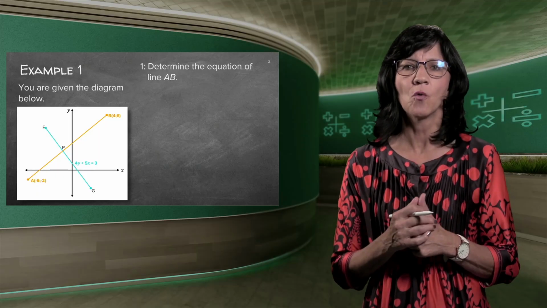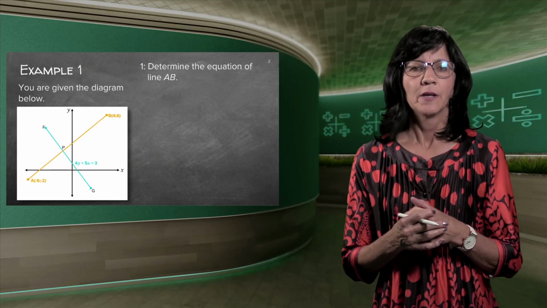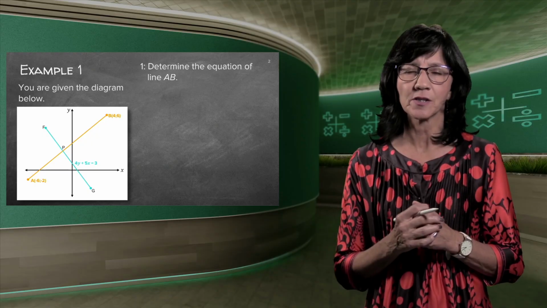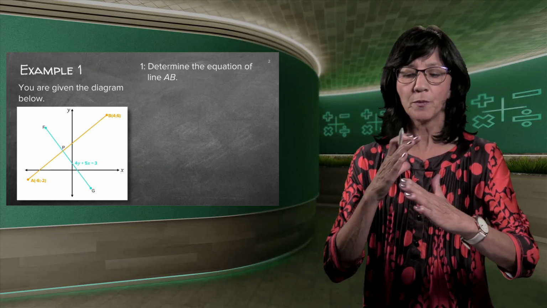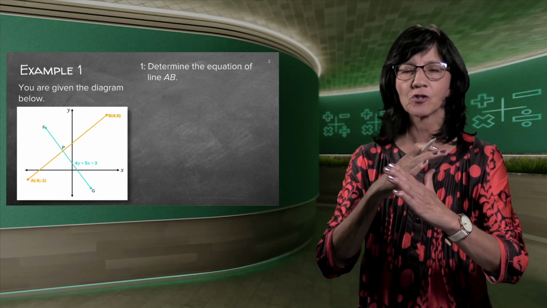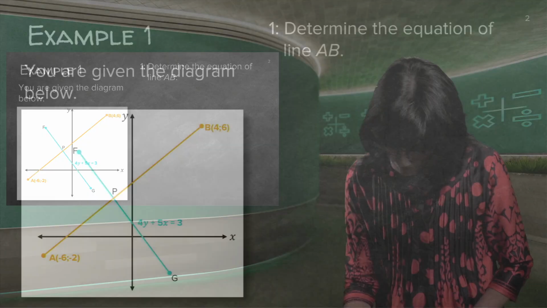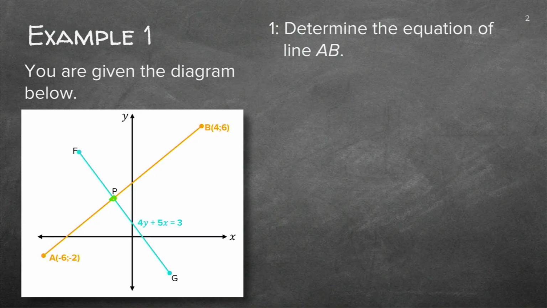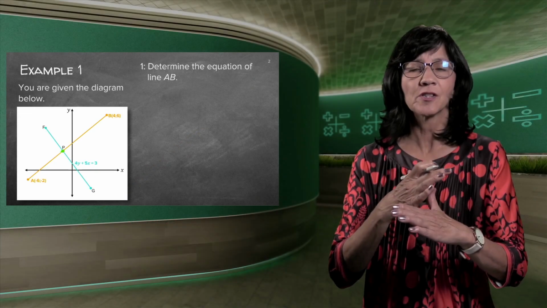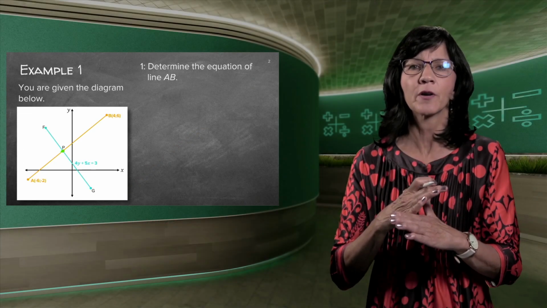Good, and the best way as always is to do an example. Now, this example one has got a lot of subsections. Just before we start, you agree with me there where two lines cross or intersect, on that specific point there, P, they are exactly equal. So it doesn't matter what the orange line's coordinate is on P or the blue line's coordinate, it will be exactly the same because they are intersecting there. And now you've got a clue how to do intersecting lines. You just need to put the two equations exactly equal because on that point they are exactly equal.